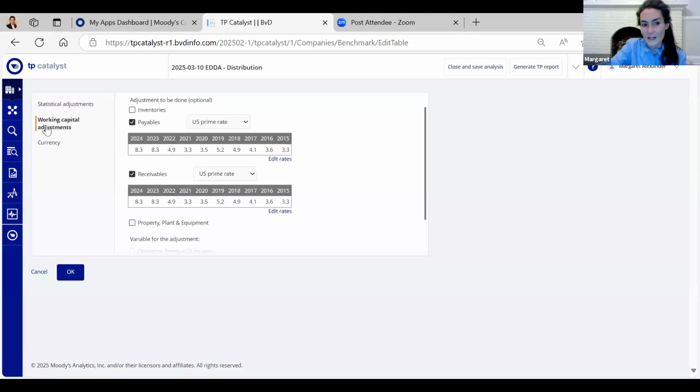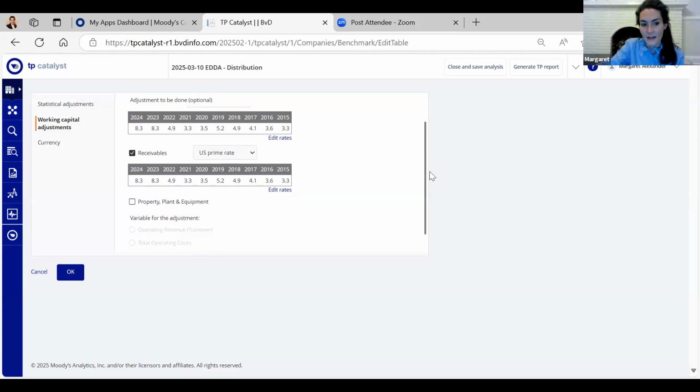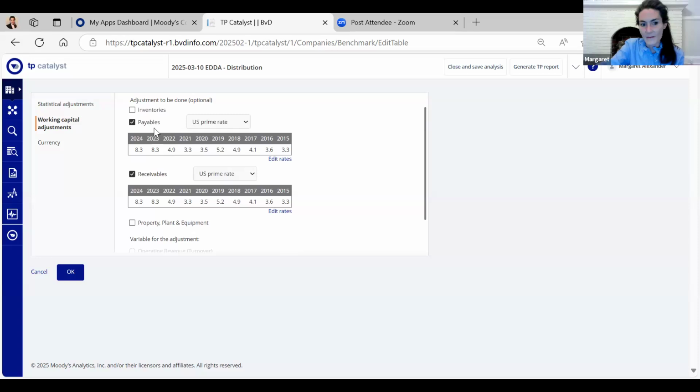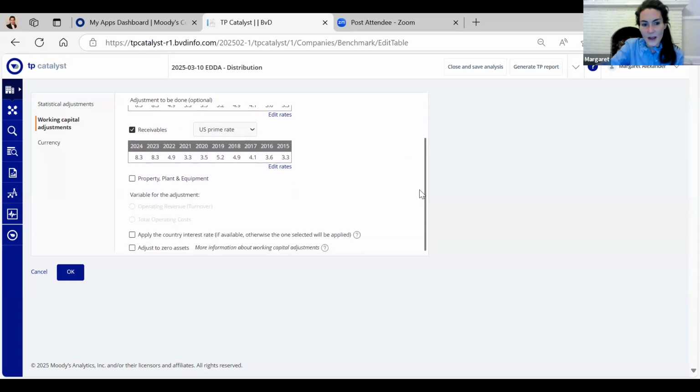And this is where you can make your working capital adjustments. I've picked just 2. So you have the option of all 4. You have accounts payable and receivable. You also have property, plant, and equipment. And I thought inventory was on here. Maybe it's not in this version.